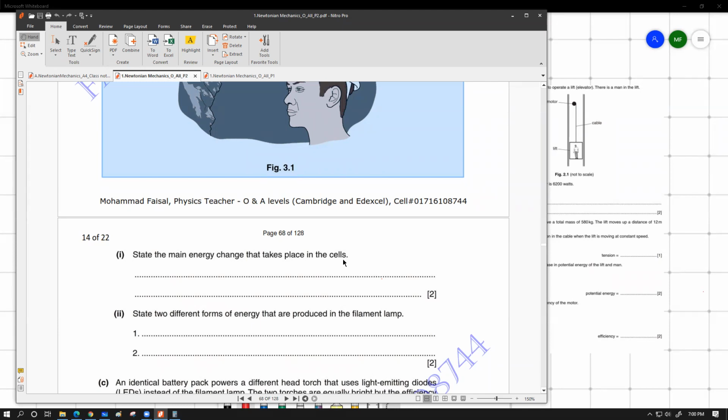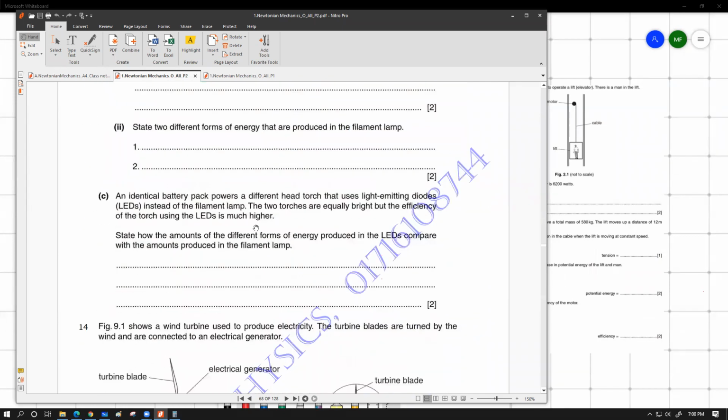দুইটা ওয়ার্ড লিখবা, আর কিছু না, 2 মার্ক। সি নাম্বারটা হচ্ছে ইন্টারেস্টিং কোশ্চেন। Let's have a look at C. সি তে বলছে an identical battery pack, সেটাকে আমি বের করে নেই কারণ এটা আমি কাজ করব।